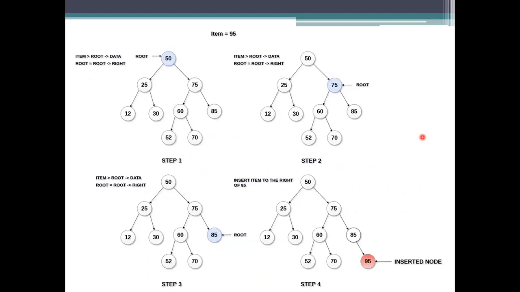If you see this one, I have been adding the first element, which is 95. Now see where I have to add. I have to add it to the right side. The item I am adding is greater than that root node, so go for the right side of that one. This one is taken as the root node's present child. This is considered as 75, which is less than it, so go for another right side of that one.